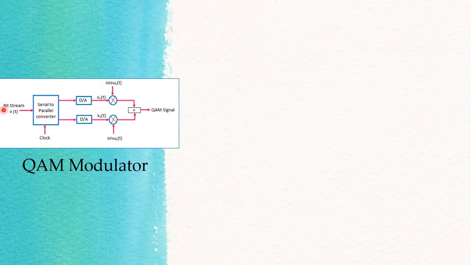Your input received signal, the bit stream, is in serial format. It will be divided into parallel format and given to the digital to analog converter. The digital to analog converter converts the respective digital value to an analog signal, which is considered a modulating voltage. That modulating voltage is given to a modulator along with the carrier, and then the output is coupled to an input of a multiplexer, to the input of a summer.